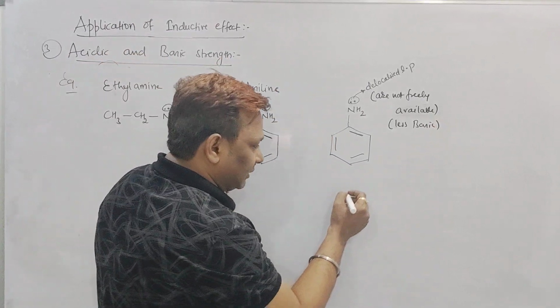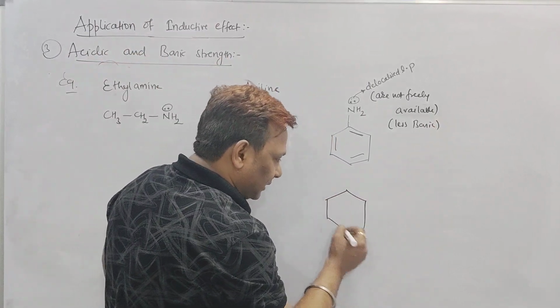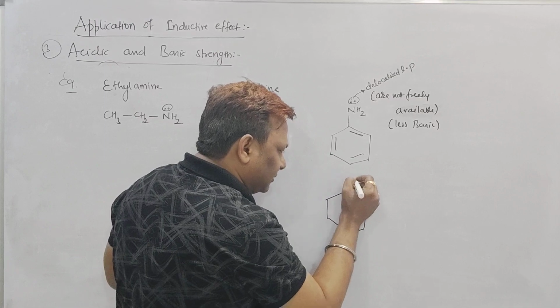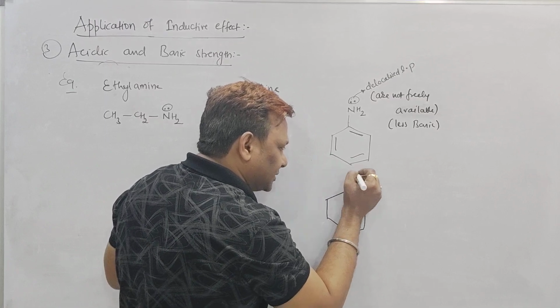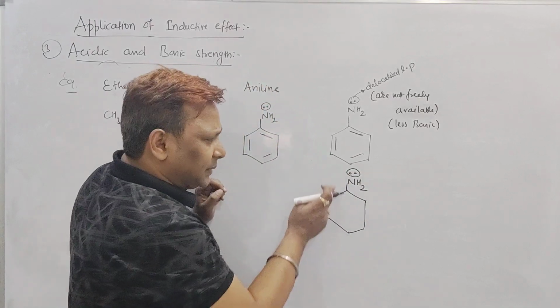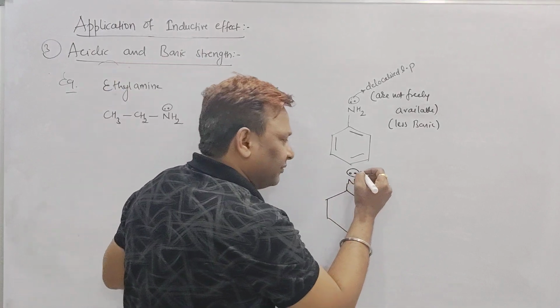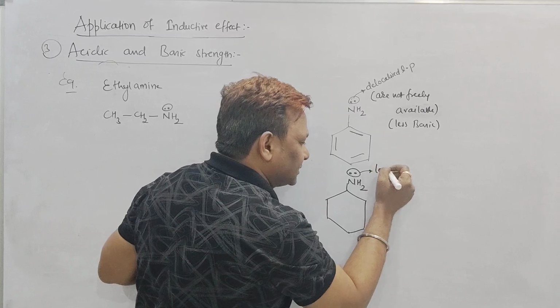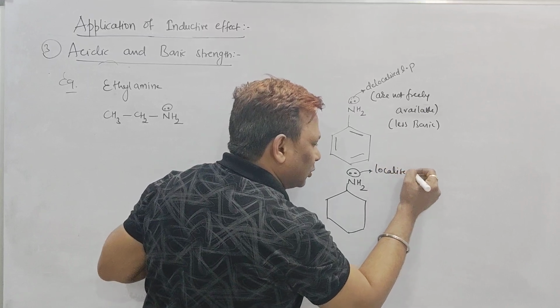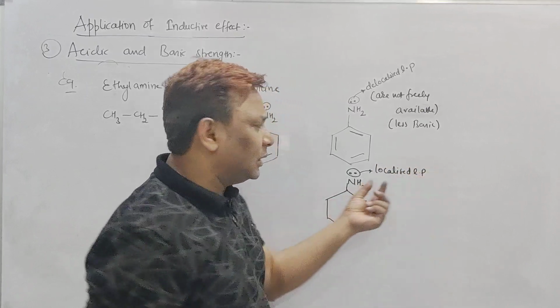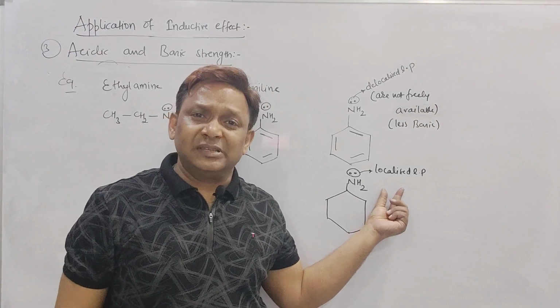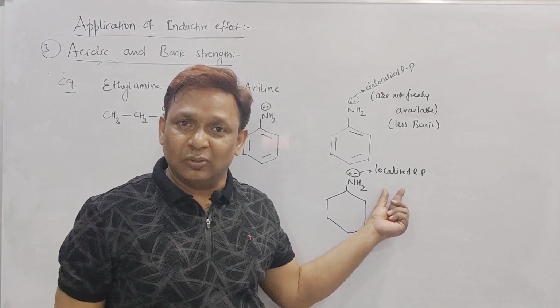But the same concept I will teach you. See, beta, this is a ring having a nitrogen atom, and over the nitrogen it has a lone pair. Can you see, beta, is the lone pair in conjugation with anything? No, sir. A lone pair which is not in conjugation is called a localized lone pair. So what is meant by a localized lone pair? A lone pair which is not in conjugation is called localized.